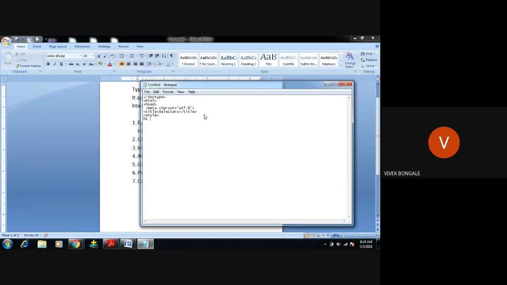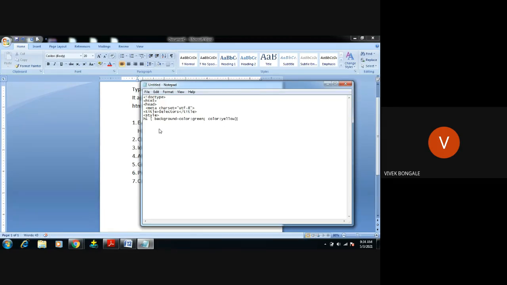Here H1 is the selector, followed by curly brackets, and you have to use the property. I will use background-color, like green. Then I want to give one more property, so I will use color as yellow.